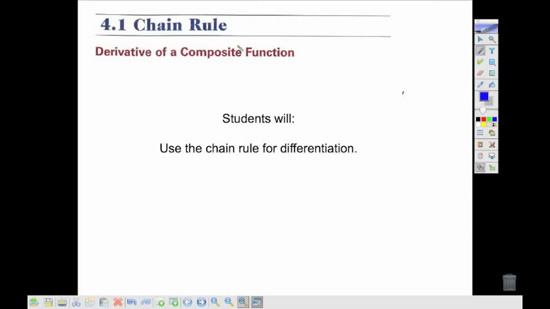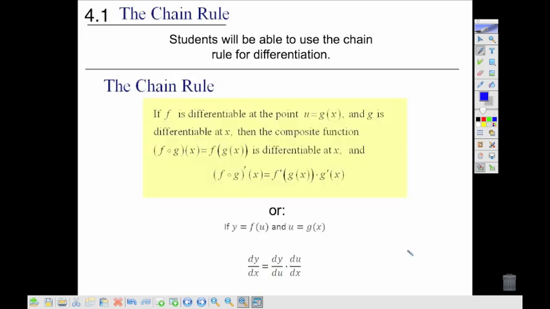Hello, the next lesson is about the chain rule, and the chain rule is used for taking a derivative of a composite function. So remember, with a composite function, we have a function completely inside of another function. So if you misidentify that, you're going to have trouble with these. The idea behind the chain rule then is if we do have a composite function where one function is clearly